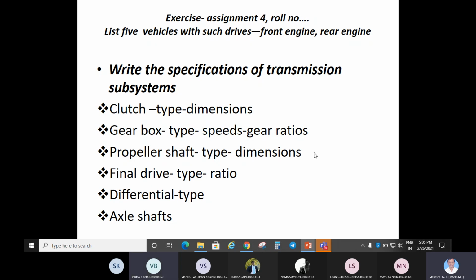Our own lab is having such a layout. Once you visit the lab, you will have a feel of each of these things. Understood? Dimensions, everything, even tires, whatever I had told today. Out of your curiosity, as and when you see, you should find out the diameter of a truck and bus tire, and that of our regular car tire. All these dimensions are very important for our numericals later, maybe in this subject or in a related subject. Final drive type, again, whether it is bevel pinion type or bevel gear type or pinion gear type or spiral, hypoid and all that, only the type you mention.